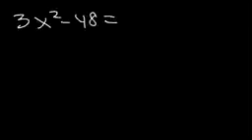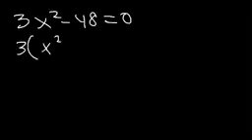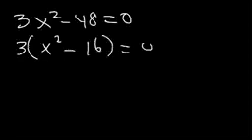Let's try this one. 3x squared minus 48 equals 0. Feel free to pause the video and try this example. It's very similar to the last two. So the first thing we need to do is remove the GCF, which is 3. 3 can go into 3x squared and 48. 3x squared divided by 3 is x squared, and negative 48 divided by 3 is negative 16,